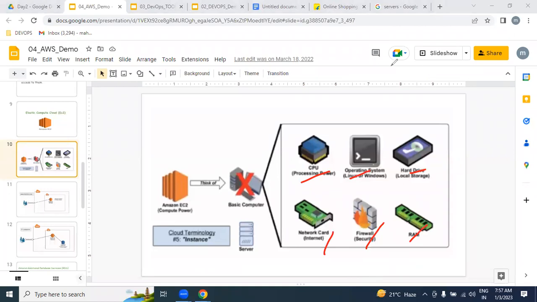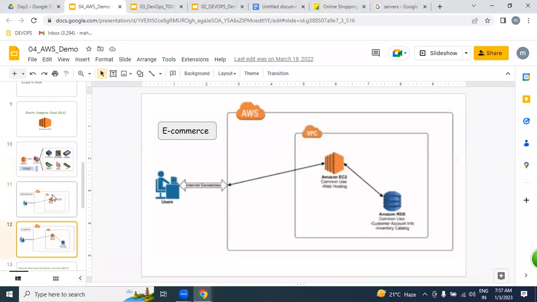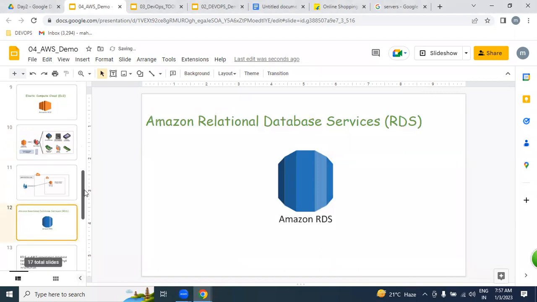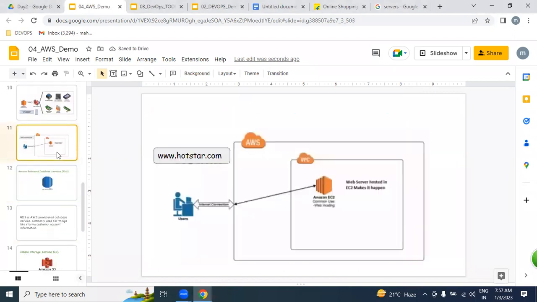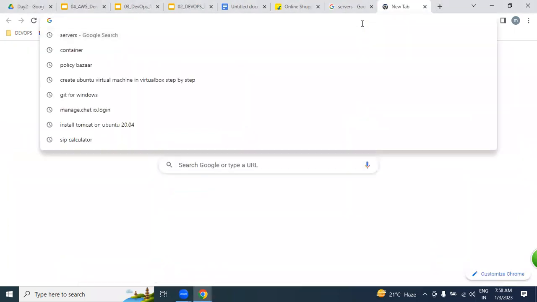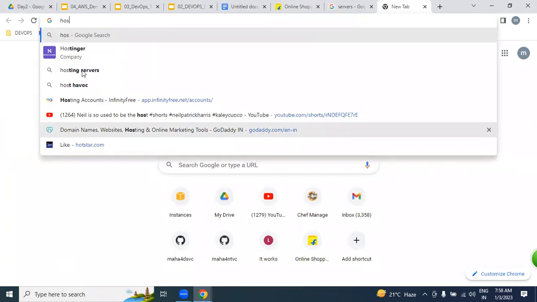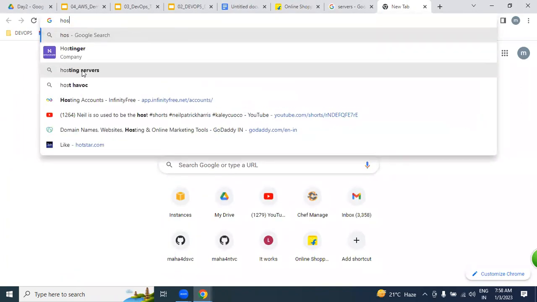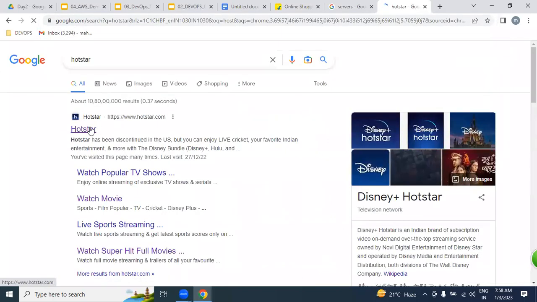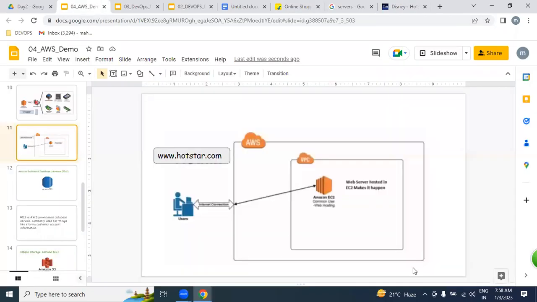Example, to understand. For example, I want to deploy a Hotstar kind of application. One of the business I want to do, a Hotstar kind of application, or else RedBus kind of example. Let us say I want to do this business in internet. For this, what I will do, please. If you want to maintain this, first we need to design a network. Without network, we can't keep any machine.